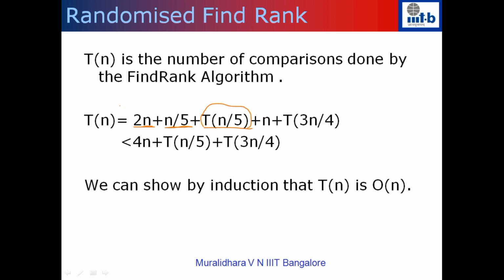After that, this part is essentially to find the good median. So this entire part is the complexity of the good pivot function, right? The good pivot function first divides things into groups of 5 and sorts them. That takes 2n comparisons. After that you collect all the medians of these n by 5 numbers. That takes n by 5 time. After that you return the median of these n by 5 numbers, right? So this is the complexity of finding a good pivot.